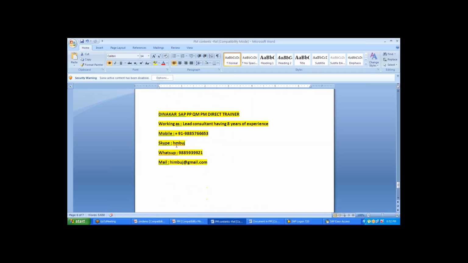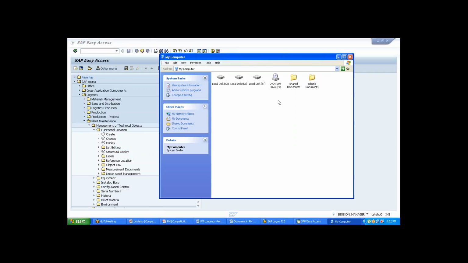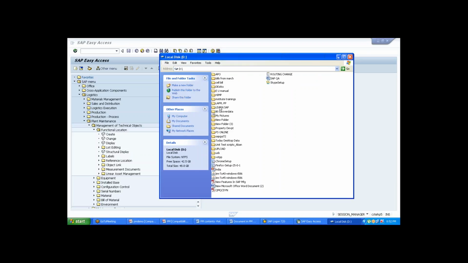So these are my details, you can just go through them, and from my side I will be taking the classes, each and every scenario I will run, and I will also follow up whether you people are doing it. Before starting the next session I will go through your work and check whether you are following it or not. And for reference purposes, as I told you, I have all the Word documents with screenshots which I will be sharing with you,